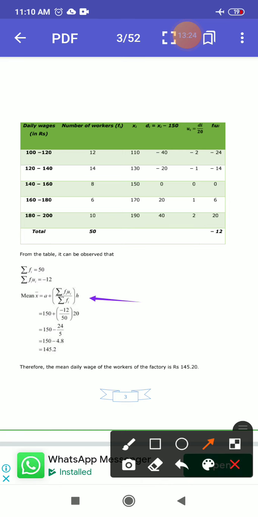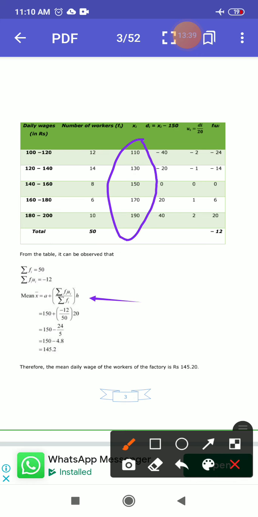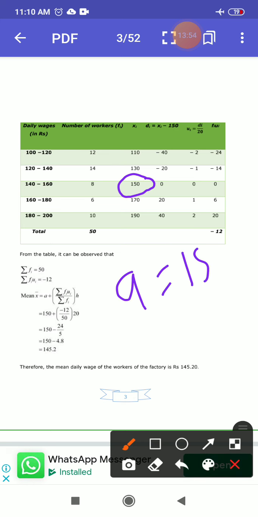just like you have to assume कि मैं एक वैल्यू मानता हूँ जो मिडिल वैल्यू हो सभी क्लास मार्क में। अब यहाँ पर क्लास मार्क आपके पास ये हैं, ठीक है। तो क्लास मार्क में आपके पास मिडिल वैल्यू कौन सी है? क्लास मार्क में ये 5 वैल्यू आपके पास हैं। ओके, तो 5 वैल्यू में से इसकी जो मिडिल वैल्यू है, उसको आप assume कर लीजिए। तो इसका मिडिल कौन सा है? ये है। तो इसे हमने क्या मान लिया? a. तो यानी कि a की वैल्यू आपके पास ये हो गई, that is called your a. a is equal to 150.